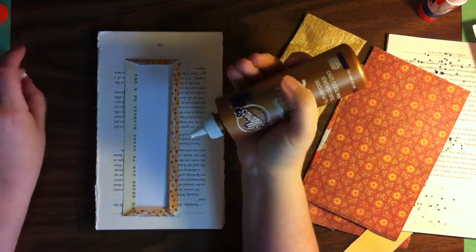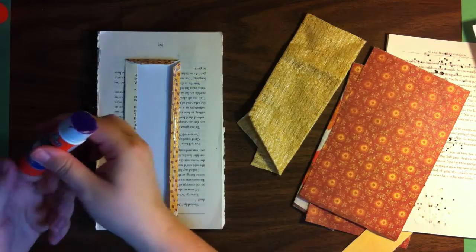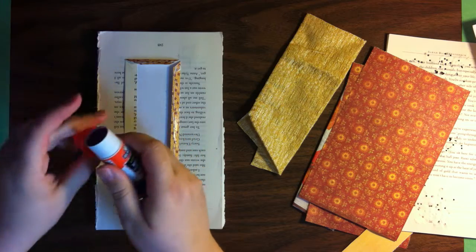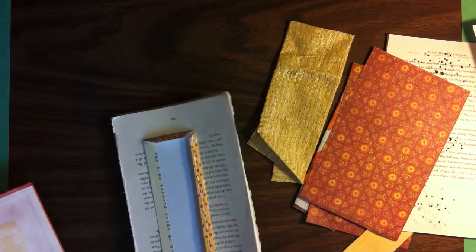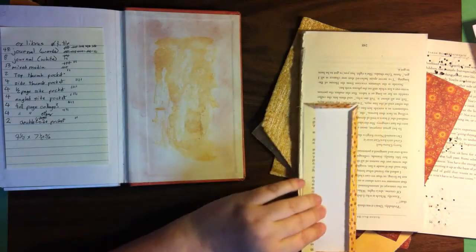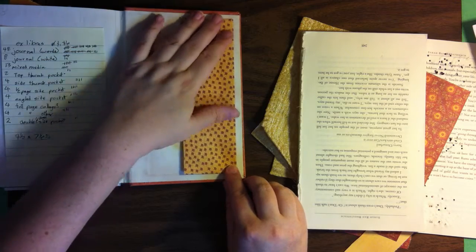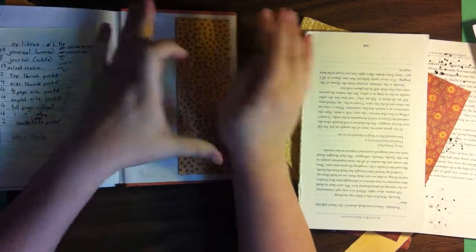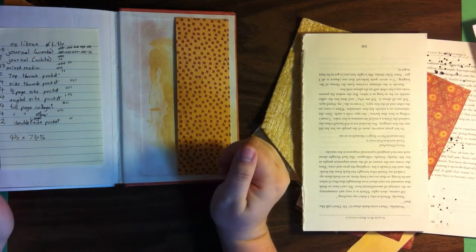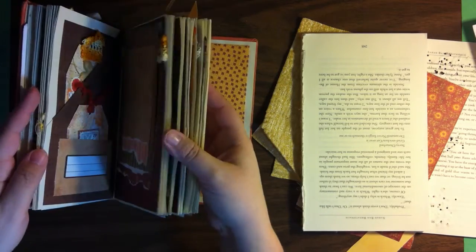Okay. Let's bring our book back. And you know what? I don't know that we're going to need much more of this guy right now. So I'm going to tuck him away too. Book, book, book. There we go. All right. So I'm going to just line up again according to the edges here. I find that helps me to be really straight without having to measure. Well, doesn't that look great? Okay, that's done. All right, so all we have left to do on the inside is the mixed media pages,